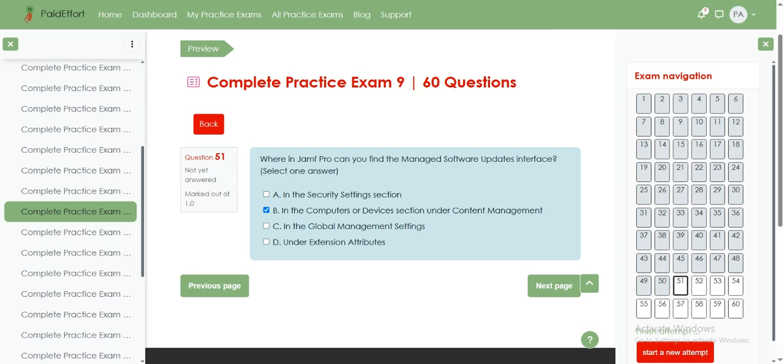Now let's explain. The Managed Software Updates interface is located in Content Management within the Computers or Devices section of Jamf Pro. This is the dedicated area for configuring, deploying, and monitoring OS and software update plans targeted at managed Apple devices. On the other hand,